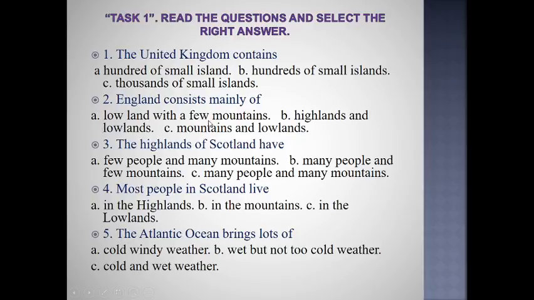Low land with a few mountains. The Highlands of Scotland have right variant A. Few people and many mountains. Most people in Scotland live